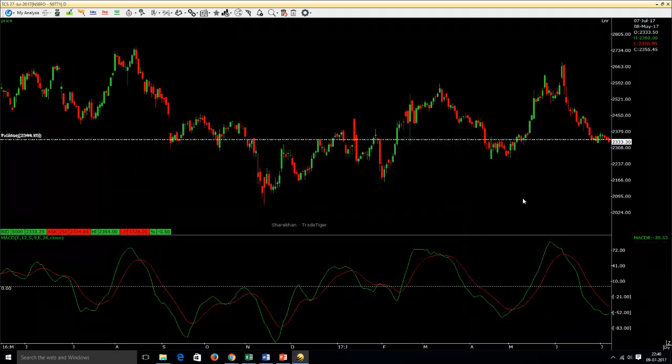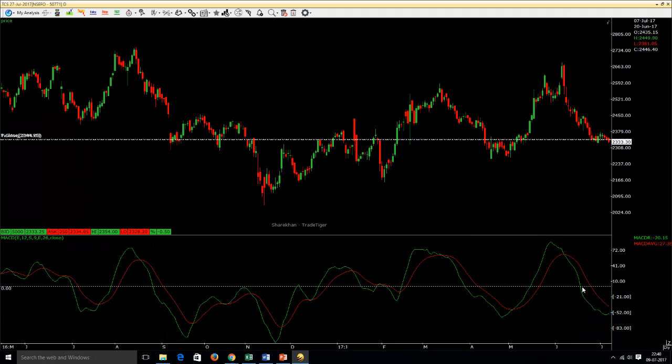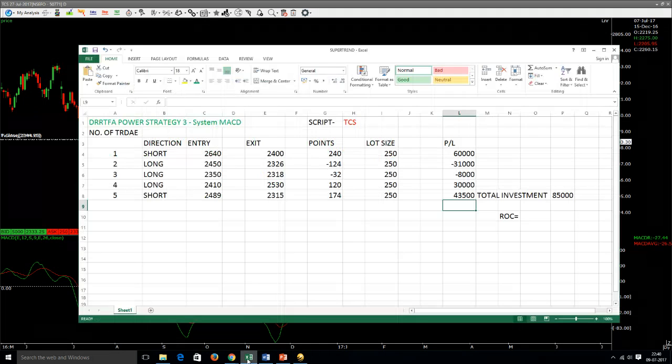And afterwards, we can also become long from here, and we exit here, and then we become short here and remain short in this trade till now. So let's see our profit and loss with this MACD strategy. The total profit loss of our 5 trades in a year equals 94,500 rupees. So return on capital would be this divided by our margin blocked,